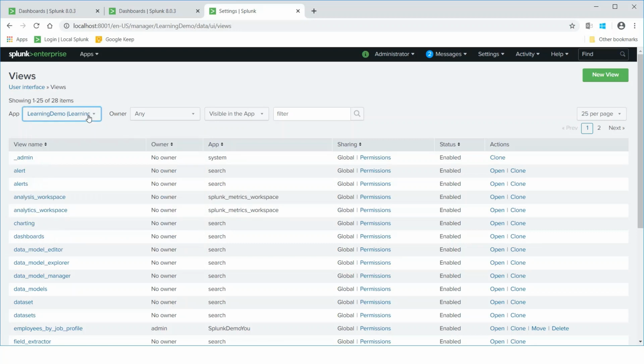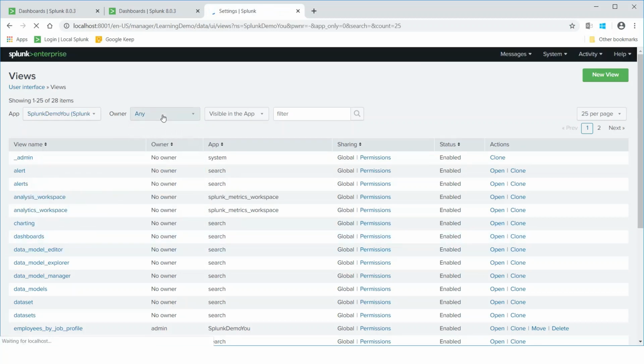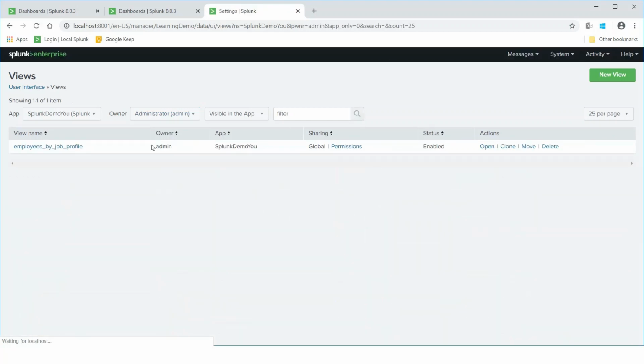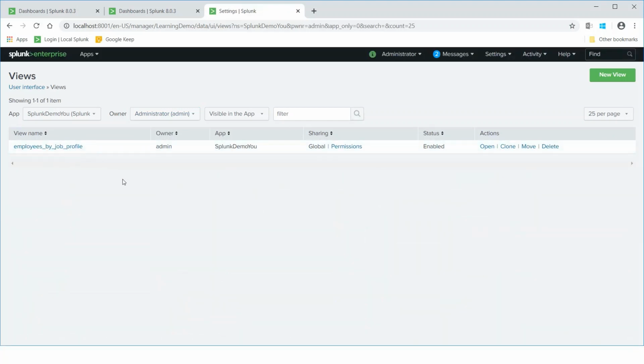So it is identified here by views. I will first choose my application Splunk demo view as admin, and I should see my dashboard here. Here it is identified by the unique name, like employees_by_job_profile.